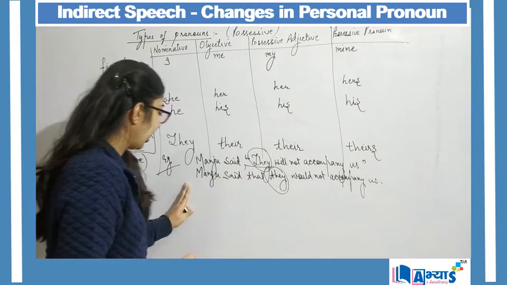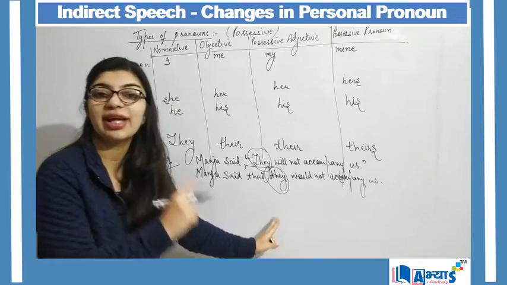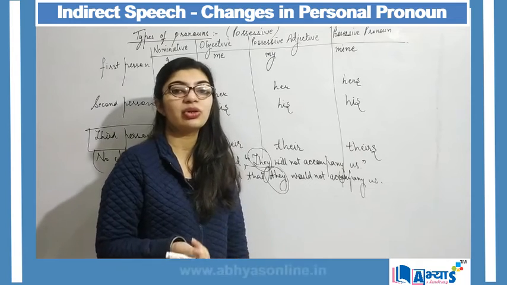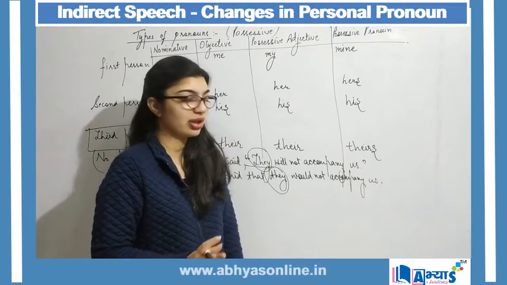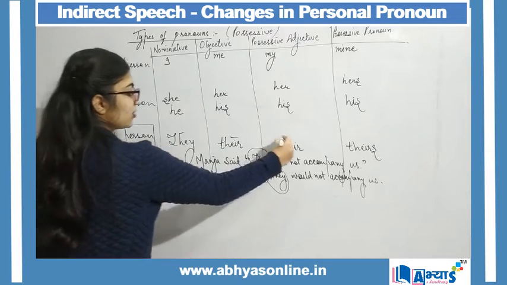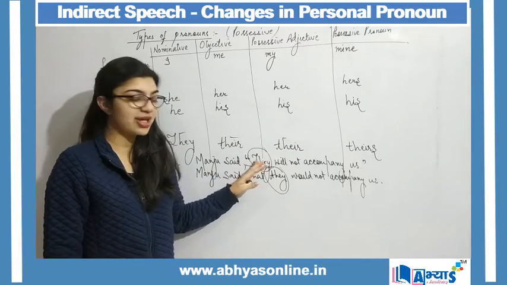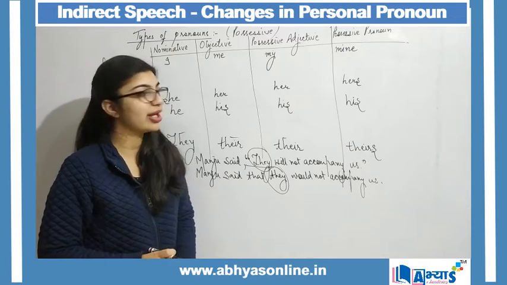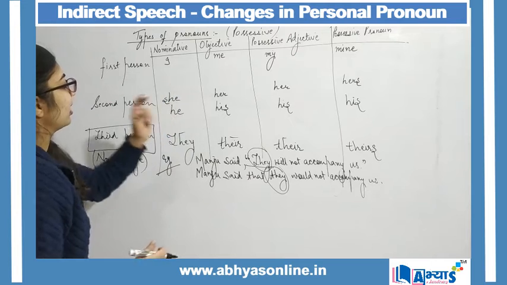Again I will say Manju said that their mood was not happy. It will not change to theirs. It will not change to anything. So for the third person, whatever case we are mentioning in direct speech, the same case will be provided for indirect speech as well. But if I say like